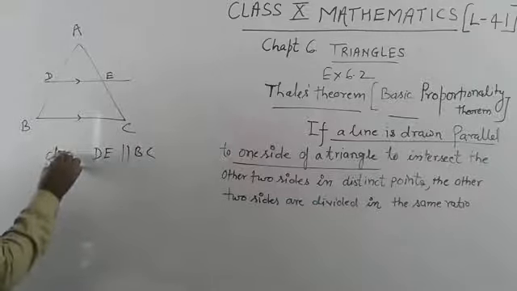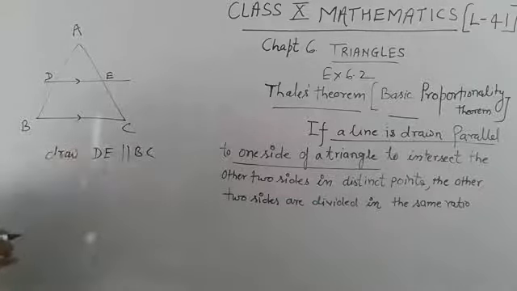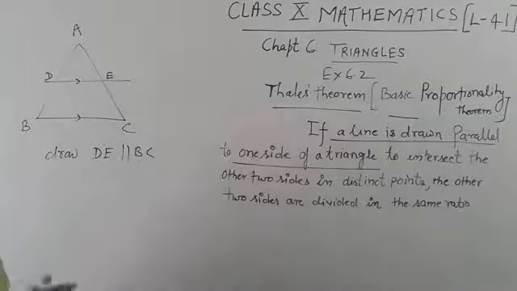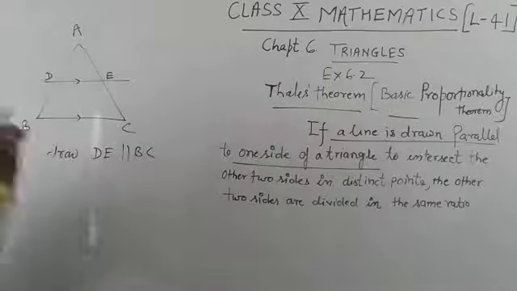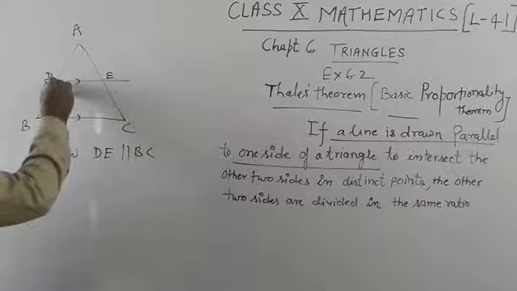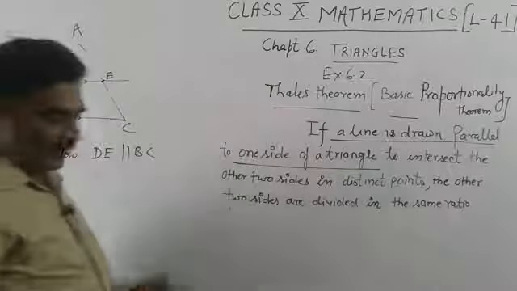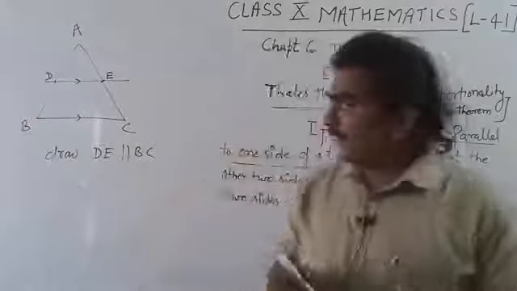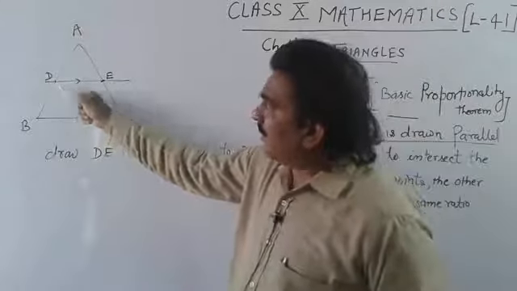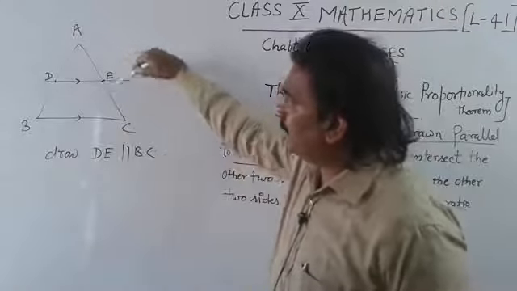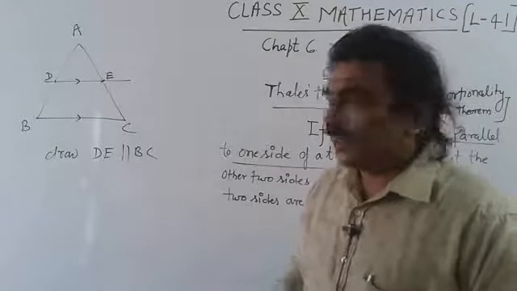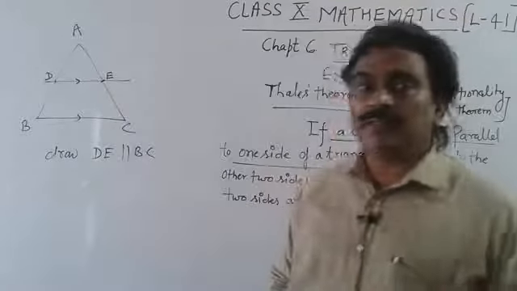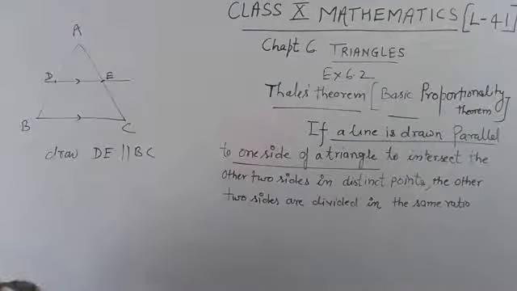This line DE, which is parallel to BC, intersects the other two sides at point D and point E. D is the intersecting point on AB and E is the intersecting point on AC. In this case, if DE is parallel to BC, then according to Thales theorem,